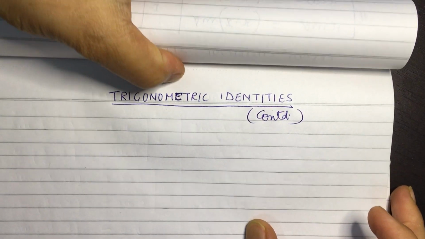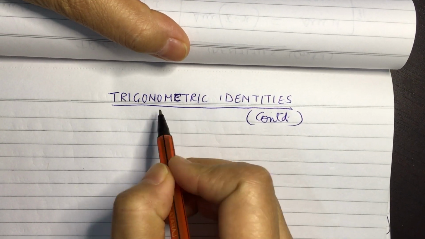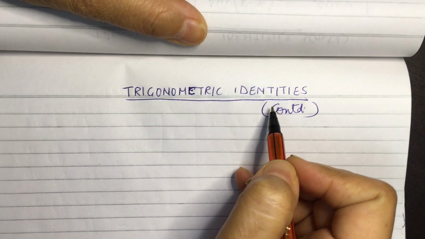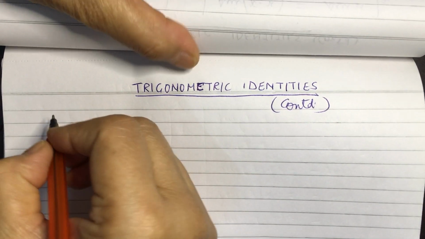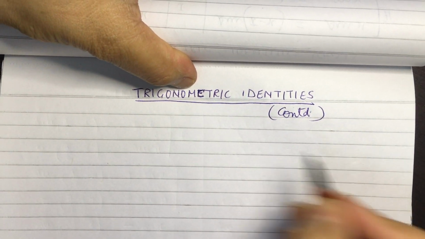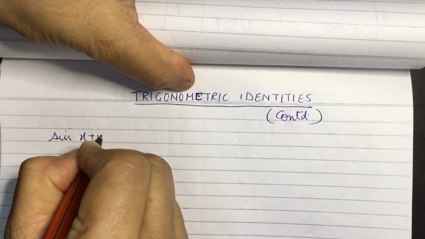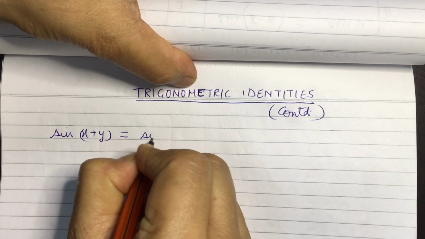Good morning. Let us now continue with our study of trigonometric identities. In the previous video, we have already discussed four basic identities, that is sin(x+y) is equal to